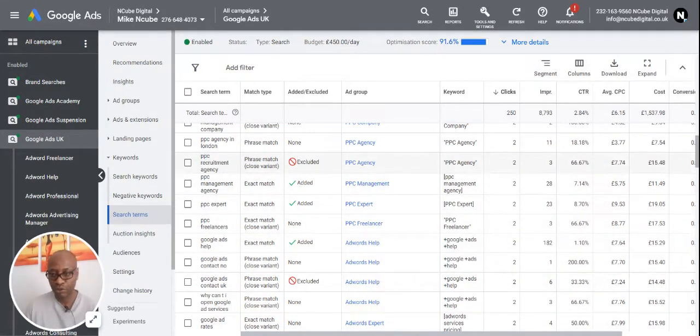Now, for example, there's this one I've blocked as well, PPC recruitment agency. So I don't want that appearing. Now, the problem with blocking full phrases like that is that your ads could still appear for closely related searches that are not in this exact format. So if I say